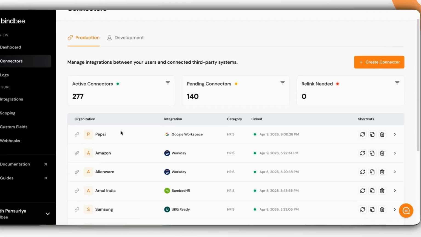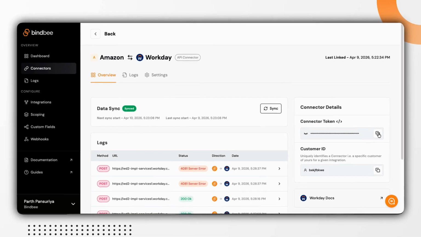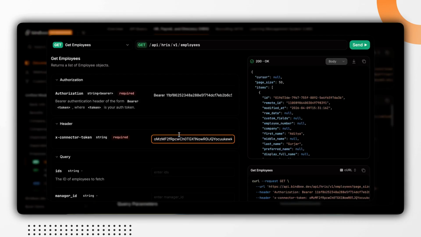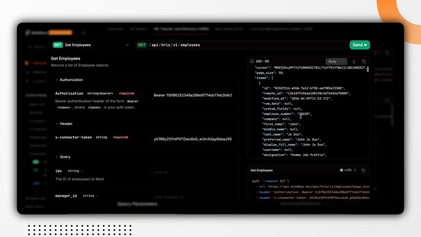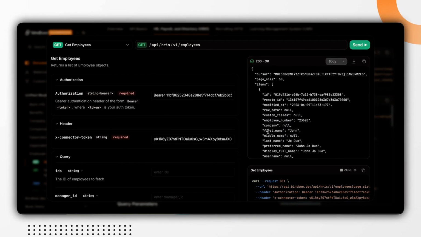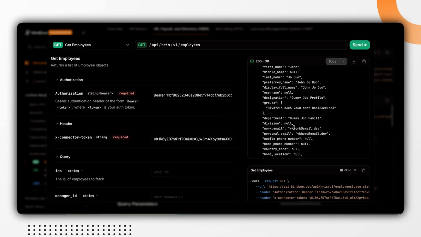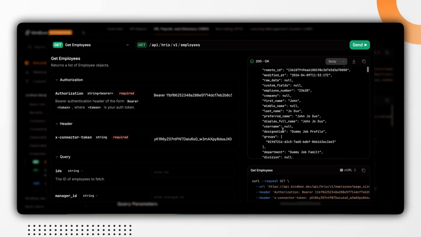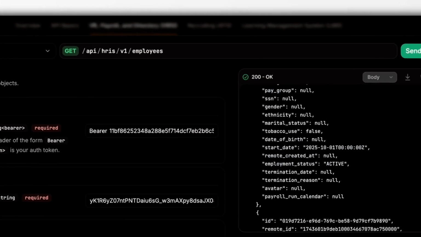To retrieve data from a different HR system, we simply swap the connector token, paste it in, and run the same API call. Workday's data is now returned in the same normalized format. By simply changing the connector token, clients receive consistent, normalized data across any system,